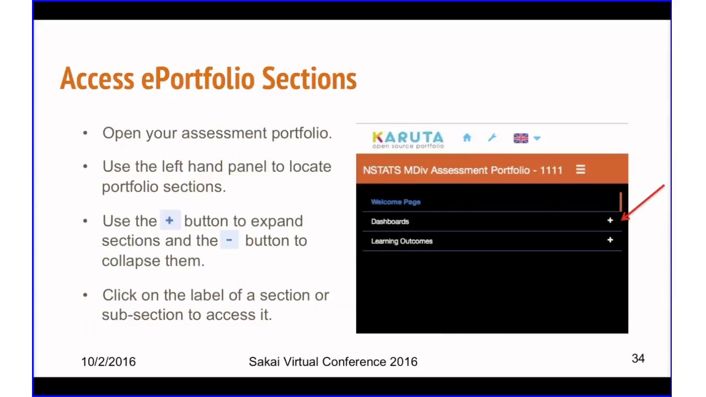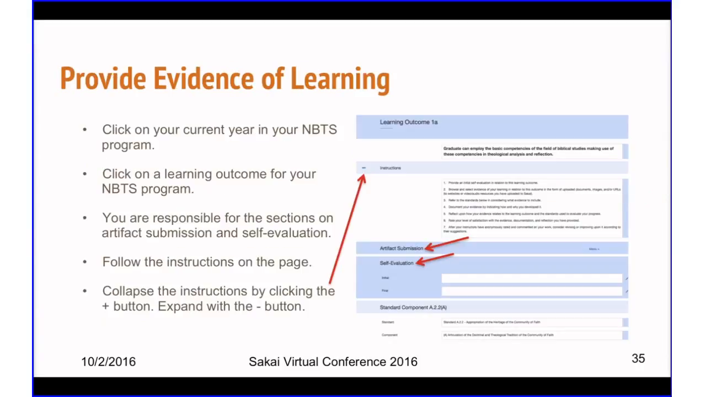Accessing sections is accomplished using a plus and a minus button for expanding and collapsing them, and then clicking on the label to open that section. So the students at NBTS have a relatively simple task. They have, for each of their 3 graduate programs, so each student is only in one program,